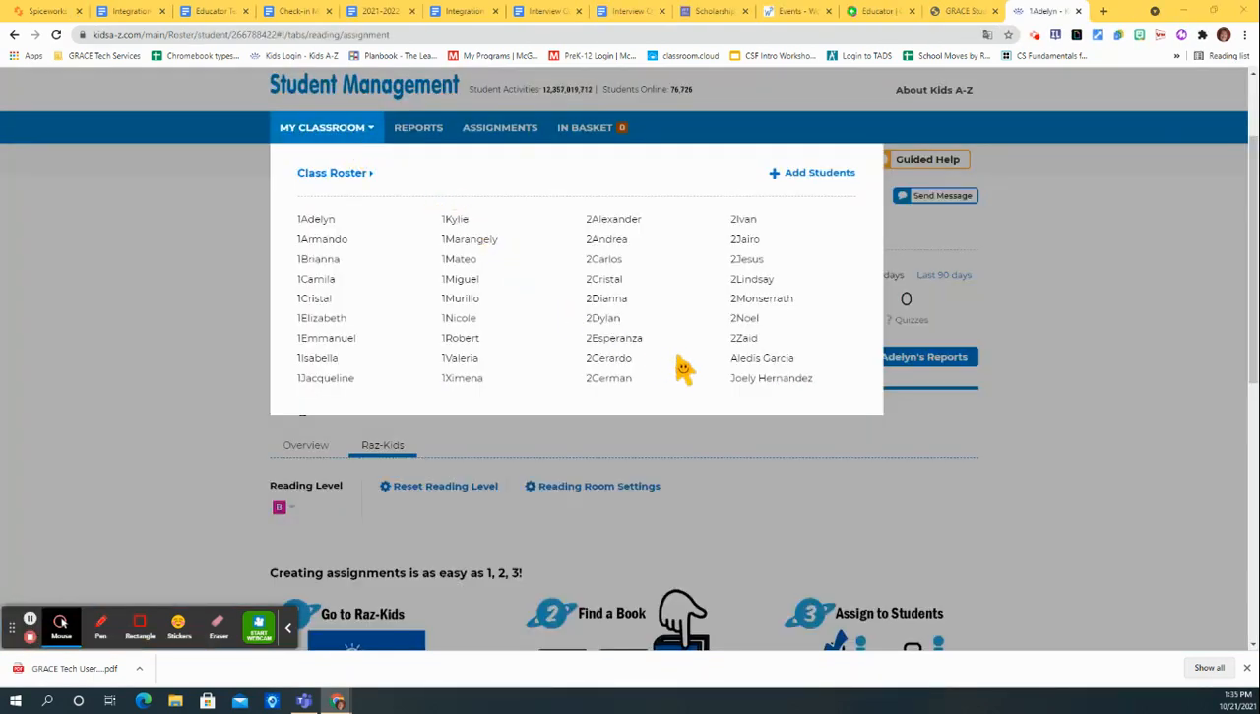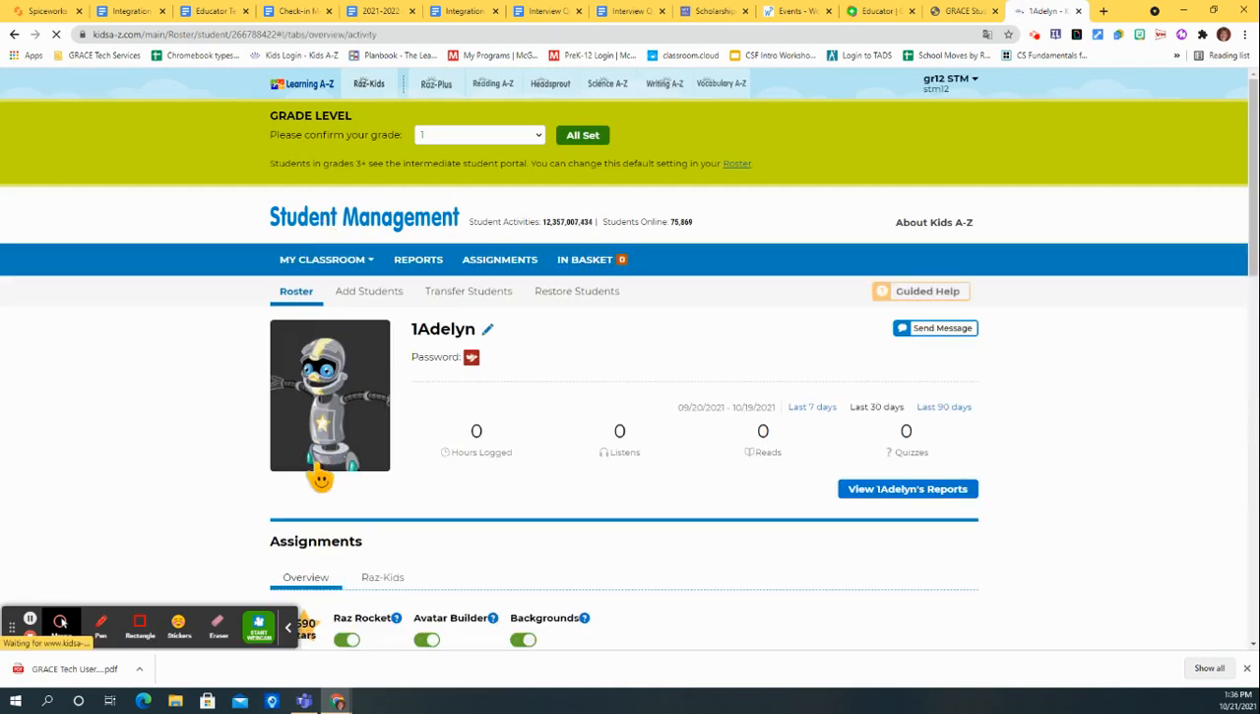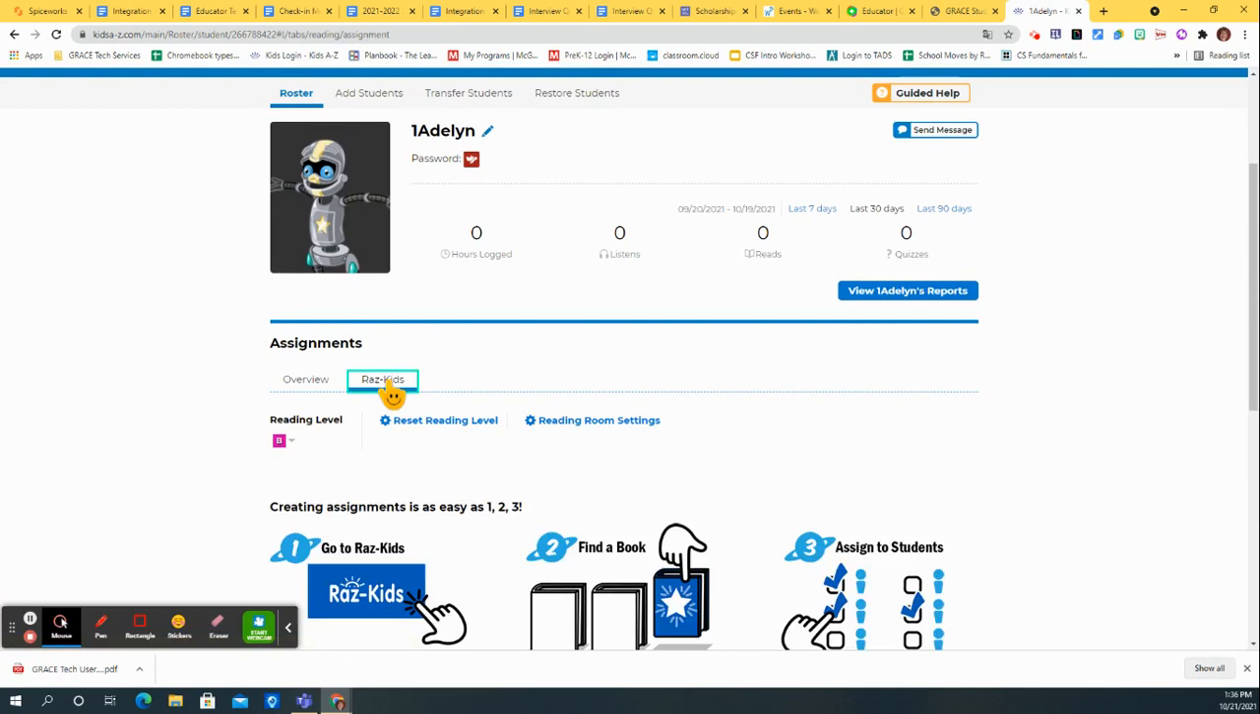Also, if you prefer having students only see Spanish books in the reading room, you can set specific students, if you'd like, to having only Spanish. To do that, you go to your class roster again, pick the student that you would like only to see Spanish books. When you choose that student's name, you can then go into the RazKids tab right here,